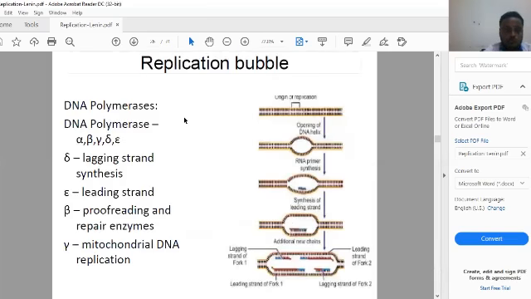The replication bubble formation acts in eukaryotes, so many replication bubbles are formed. DNA polymerases alpha, beta, delta, epsilon, and gamma, and lagging